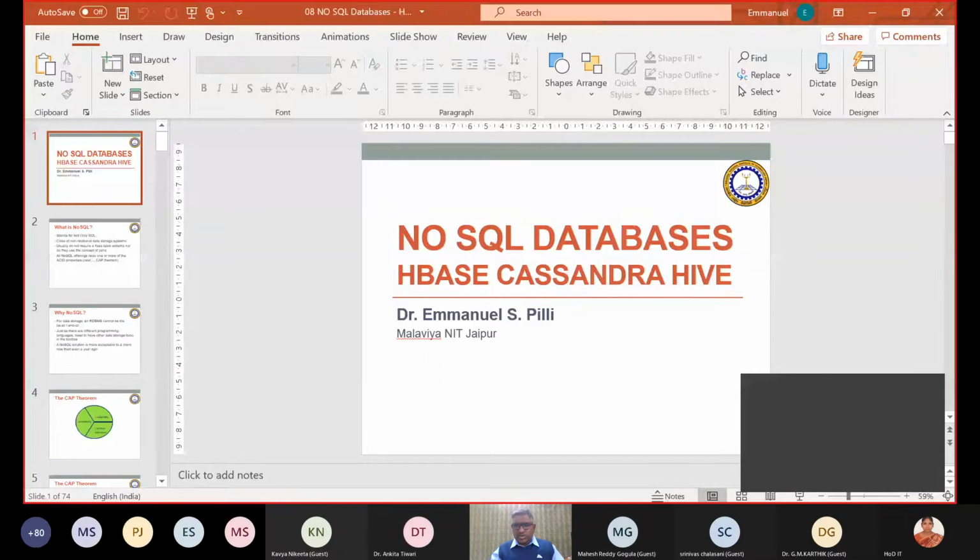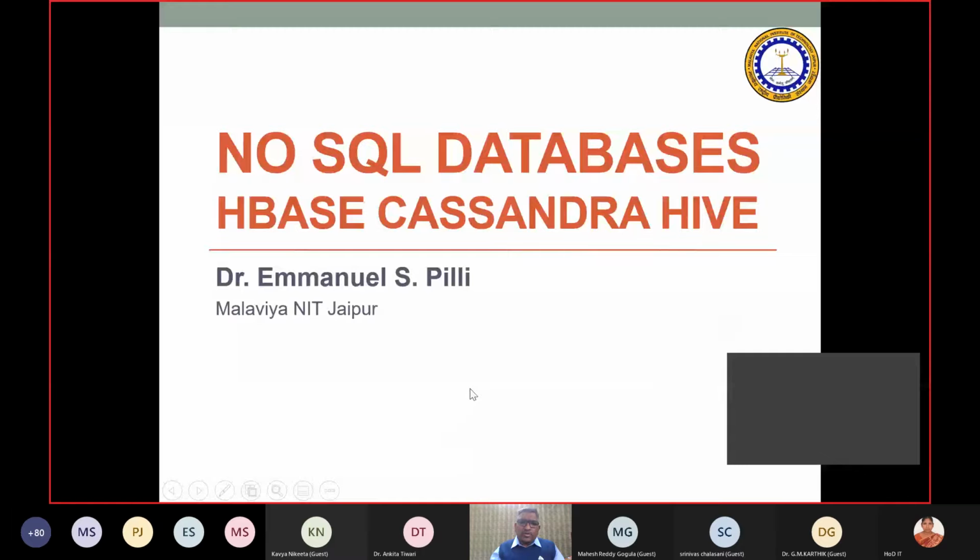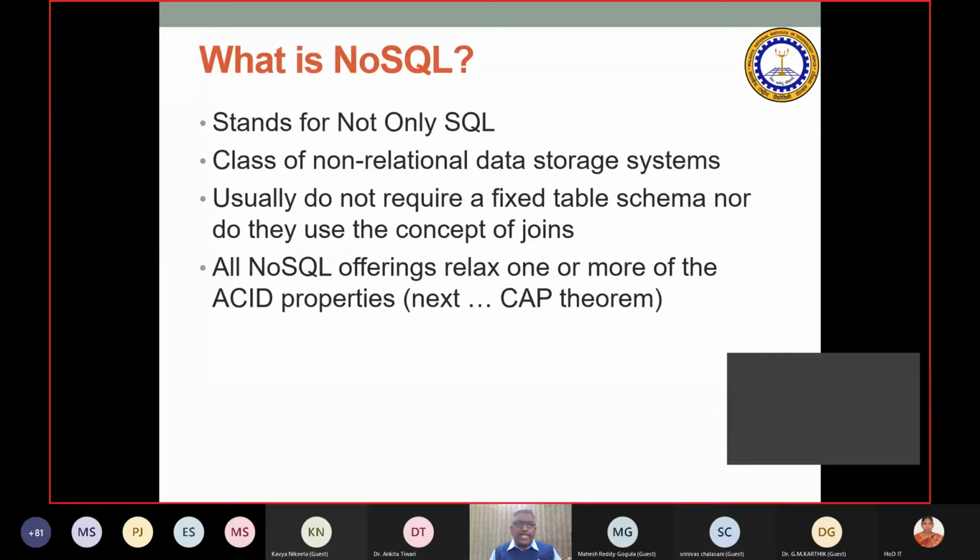So the NoSQL databases. Of course, time may not be sufficient to go through each of these in detail. But as I mentioned in the morning, NoSQL stands for not only SQL. That means NoSQL doesn't mean SQL is not there, but it means not only SQL. NoSQL is a new form of SQL. In fact, they say it is new SQL also. NoSQL is there, and before that normal SQL, structured query language, is there.